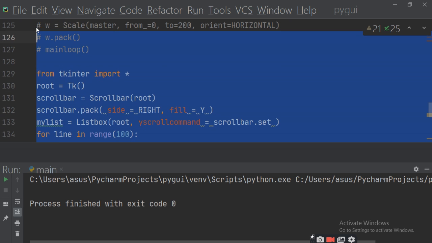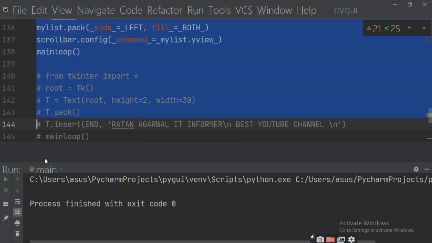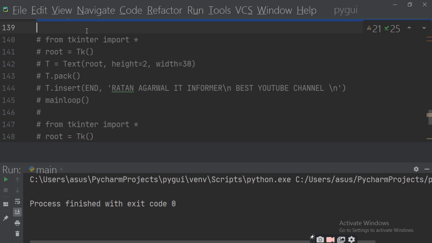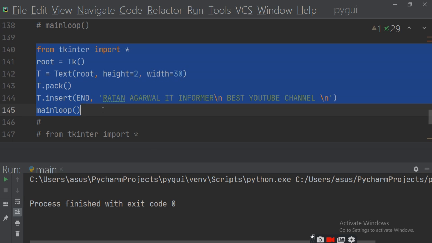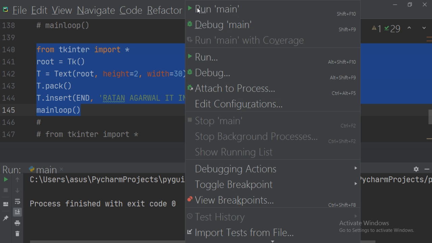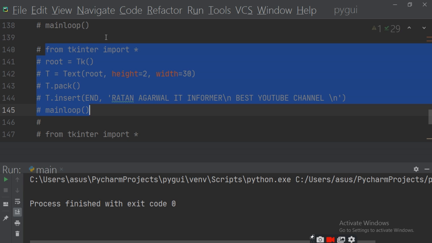First of all, you have to comment this and then run this program and find out how it will give the message. This is the message. Now next come